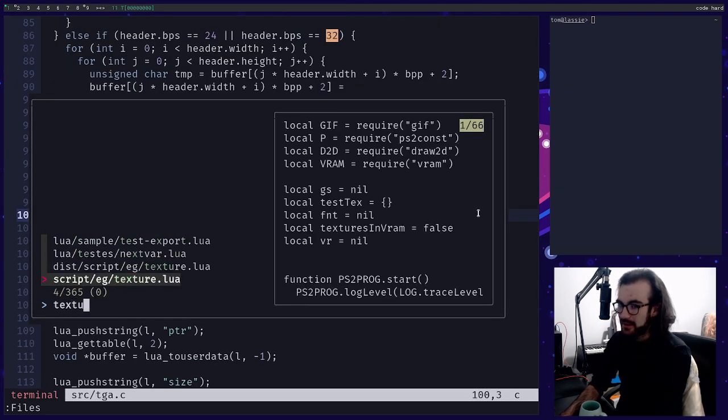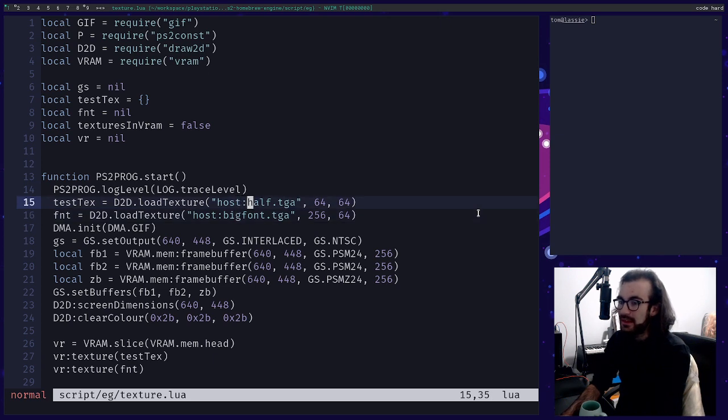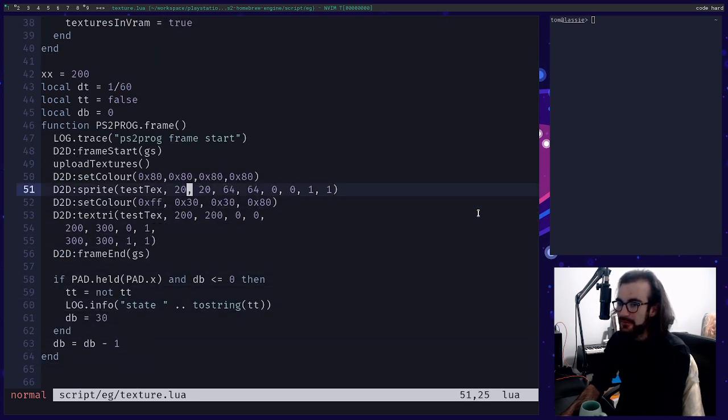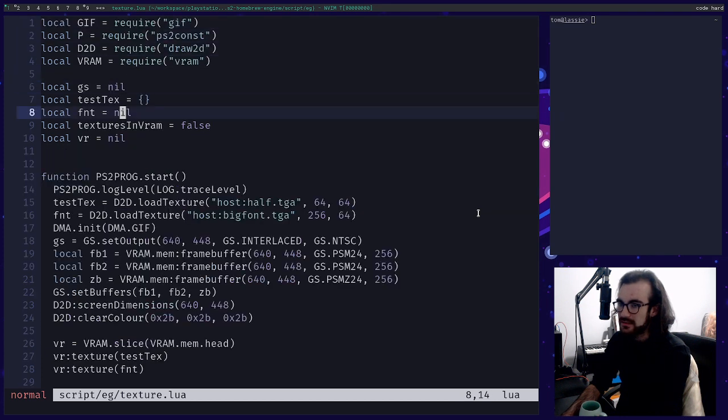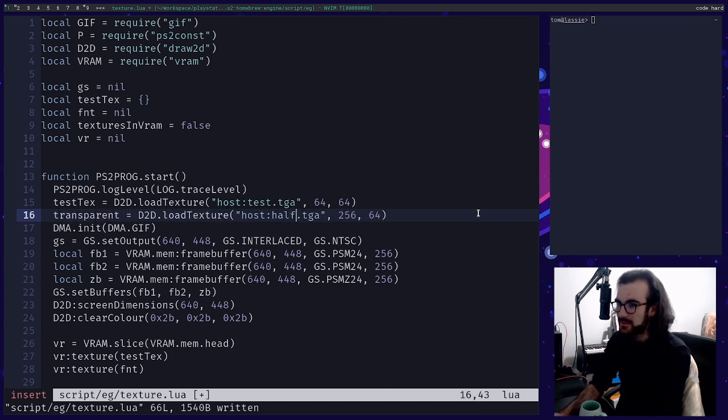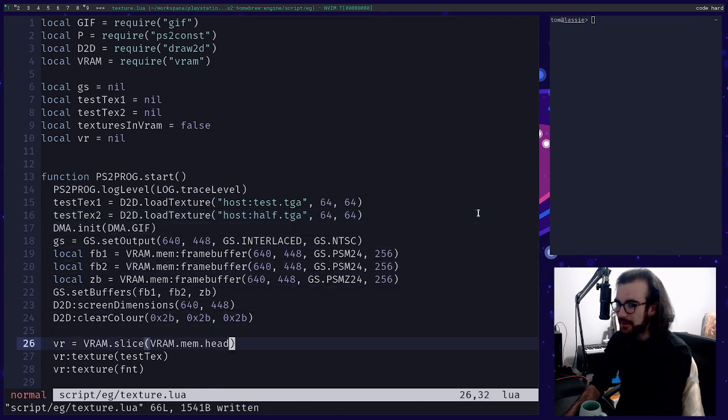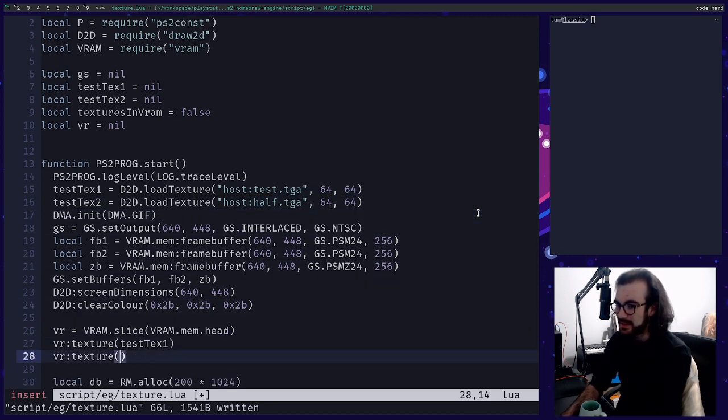It's no good. We're gonna go to our texture example. We're gonna pull in, we're gonna draw half. We're going to have a texture called transparent, which is going to be our half example. Let's just call it test text 2, and let's call this test text 1. Let's just go simple. Let's not overcomplicate things with names. Test text 2 is also 64 by 64. It's going to make it very obvious when things aren't spelled correctly because they should be the same length.